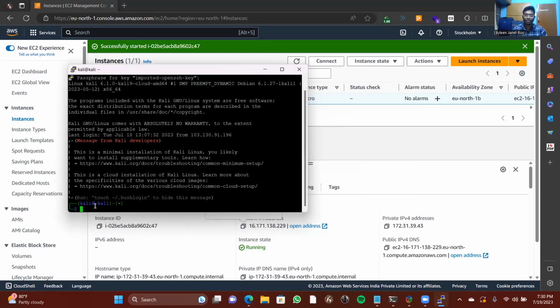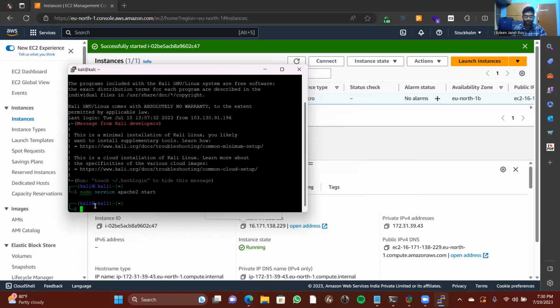First, I have to connect it to my service, right? Like the Apache web service and so on. So let me connect it. Sudo, the web service. I have to activate a web service, and it is Apache. I have to start it, right? Now I have started the Apache web service. Now I have to link it to the IP address which I have created for the server, right? So I'm creating one port here.